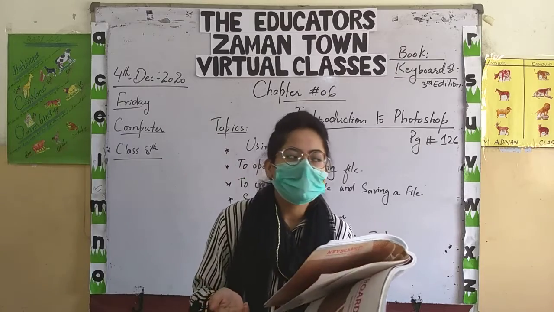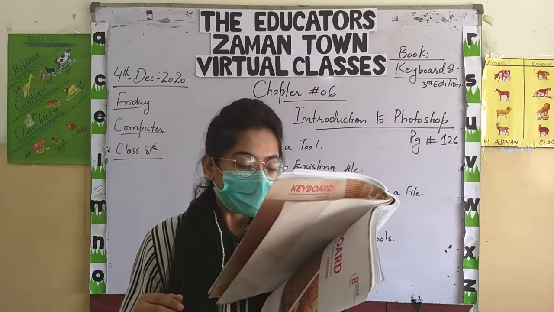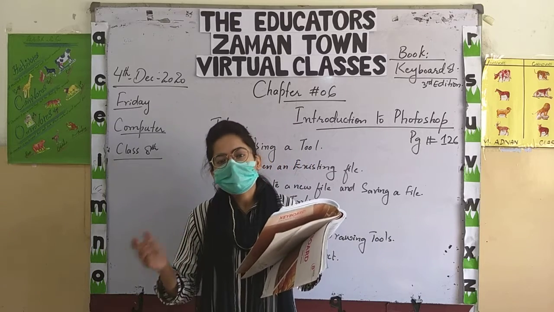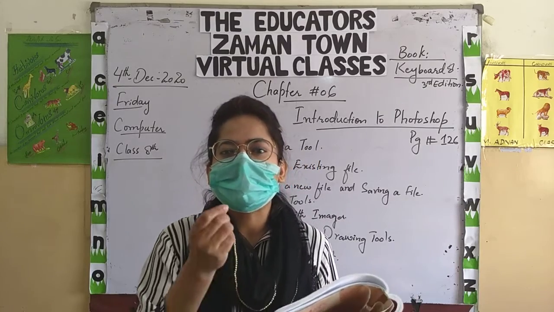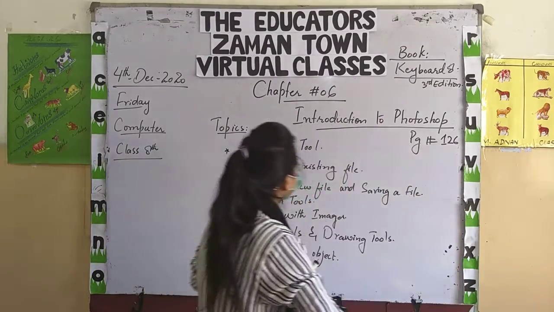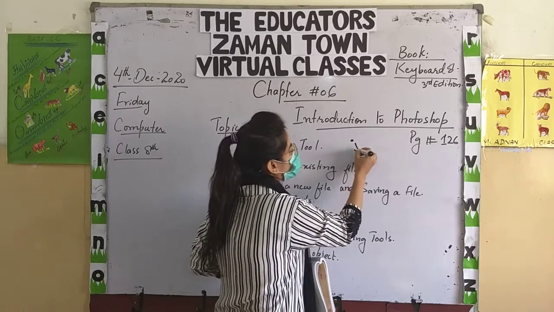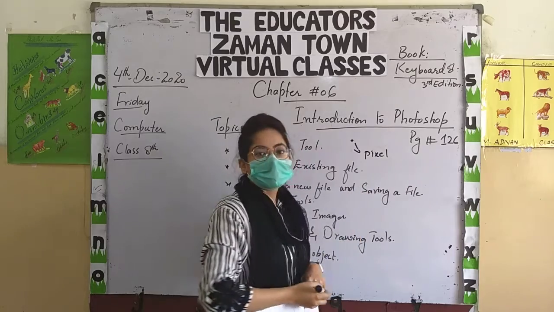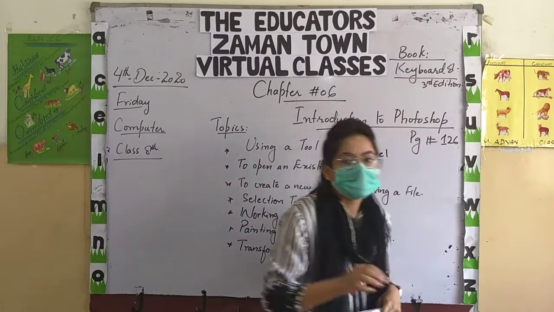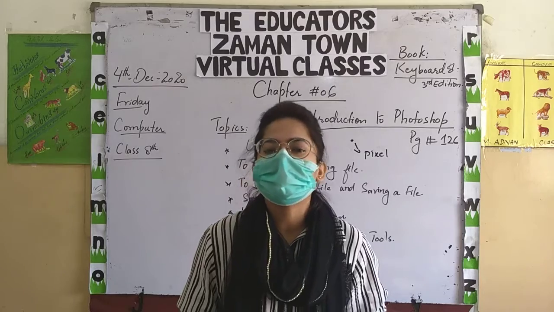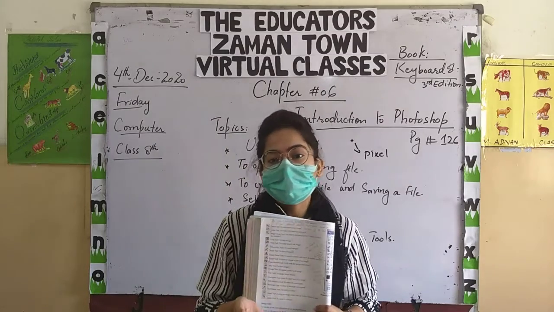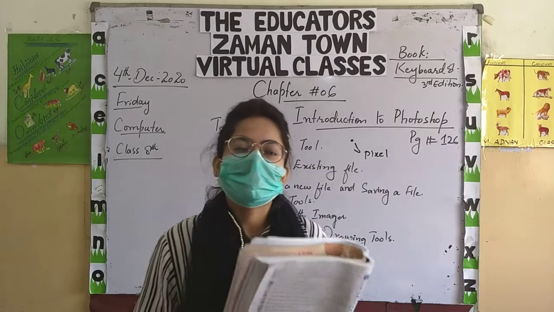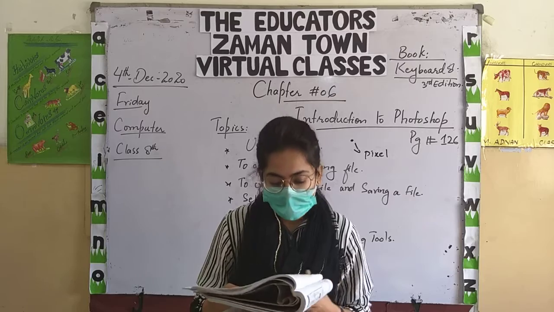Then you have resolution. Well, what is resolution? Resolution is the number of pixels per inch. But what is a pixel? Pixel is the smallest unit of any image or picture. Means a small dot, just like this one. This is called a pixel. And a group of pixels makes an image. So if we have a greater number of pixels, it means our image will be clear and sharp. Or if we have a smaller number of pixels, it means our image will be blurred. So resolution tells us the number of pixels per unit.